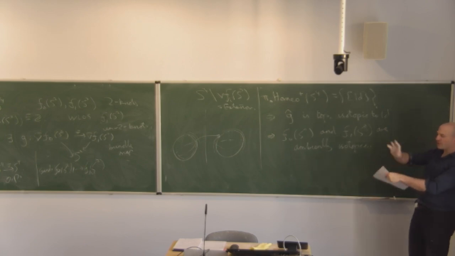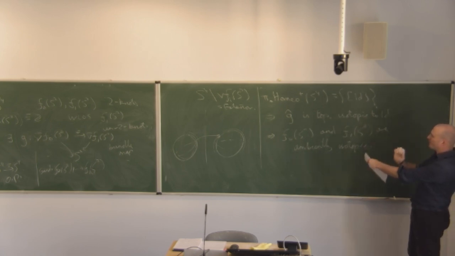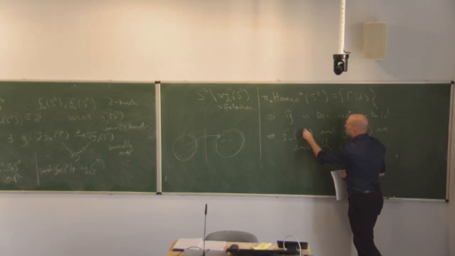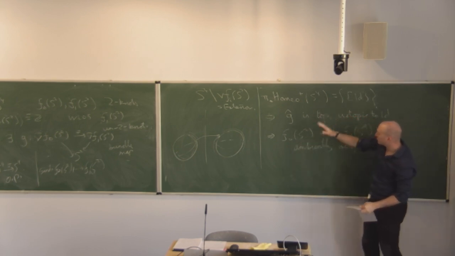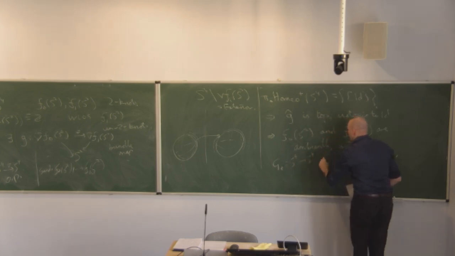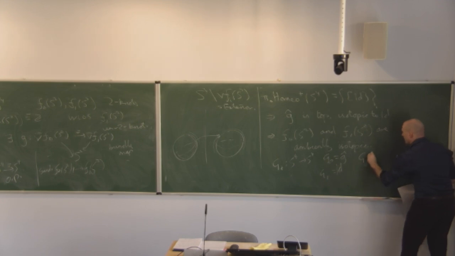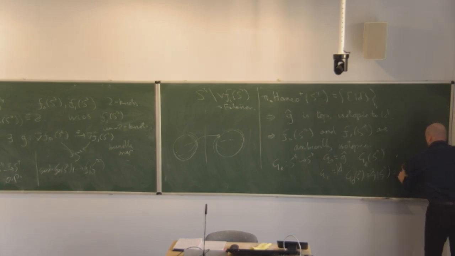Because I start with this homeomorphism that sends one to the other, and then this homeomorphism gets deformed to the identity. And so on the one hand, I have my F0 of S2. To begin with, F0 of S2 gets sent to this one, and then I deform it by looking at its image. So suppose I have this G sub T from S4 to S4, where G0 equals G hat, and G1 equals the identity. Then G0 of S2 is G hat of S2, which is F1 of S2, so that's one of my knots, whereas G1 of S2 is the identity,